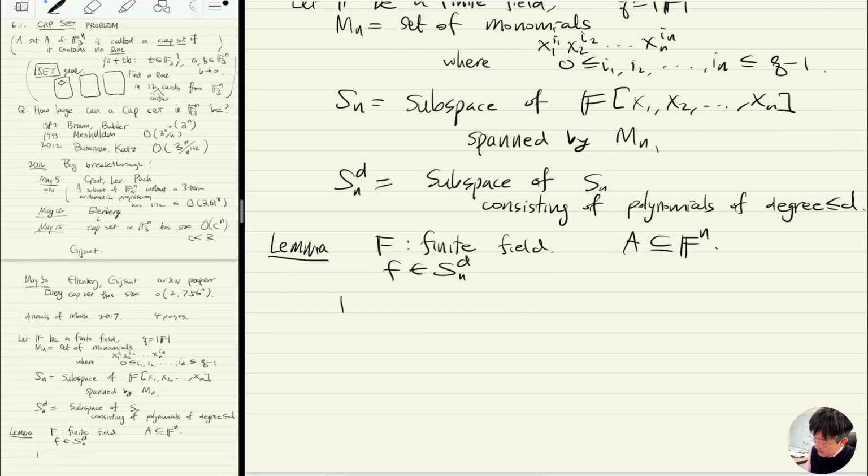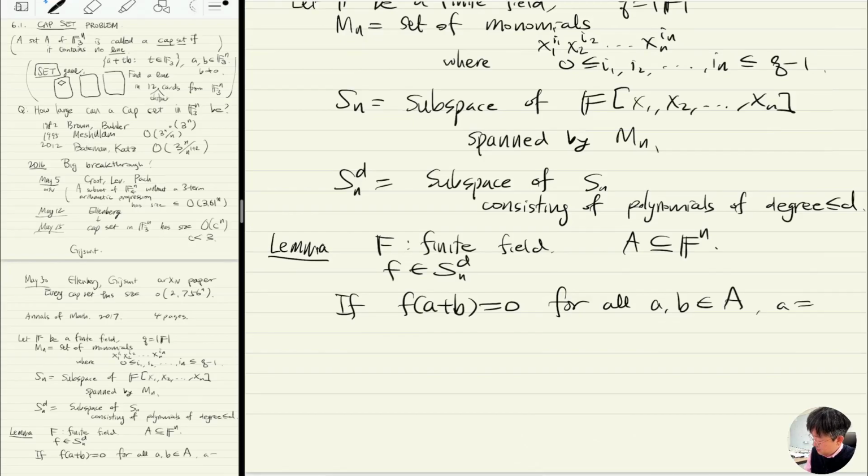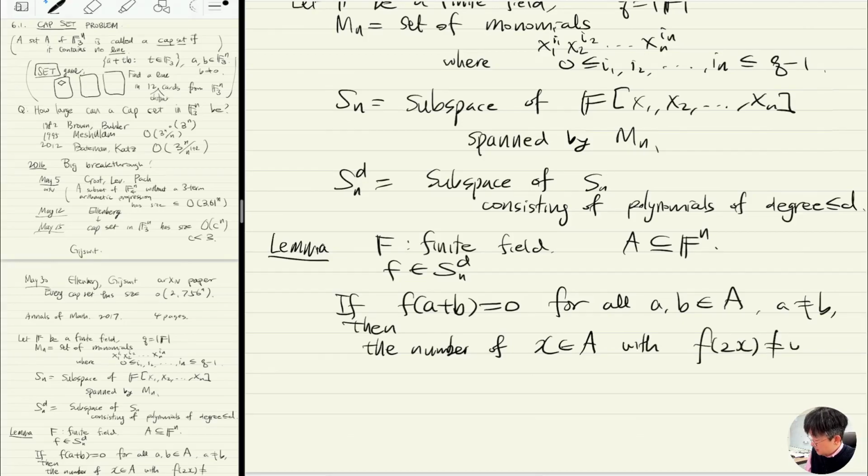Now, if f of a plus b is 0 for all a, b in A, then the number of x in A with f of twice x non-zero